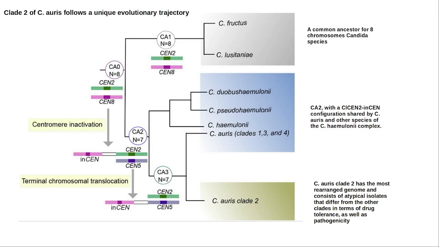And these observations also prompted us to reject an equally possible alternative model, saying that clade 2 could have been an ancestral unique strain where the event leading to the chromosome number reduction could have happened. In this case, clade 2 would have then shared a higher similarity with Lusitania with respect to the synteny block harboring the inactive centromere, which is not the case here.